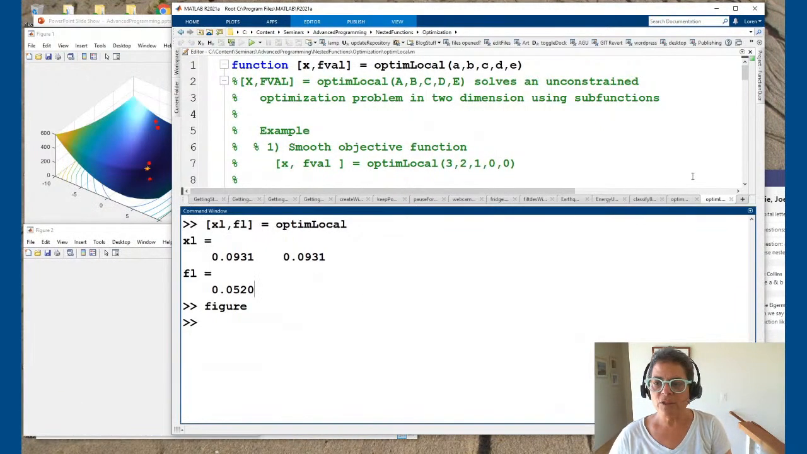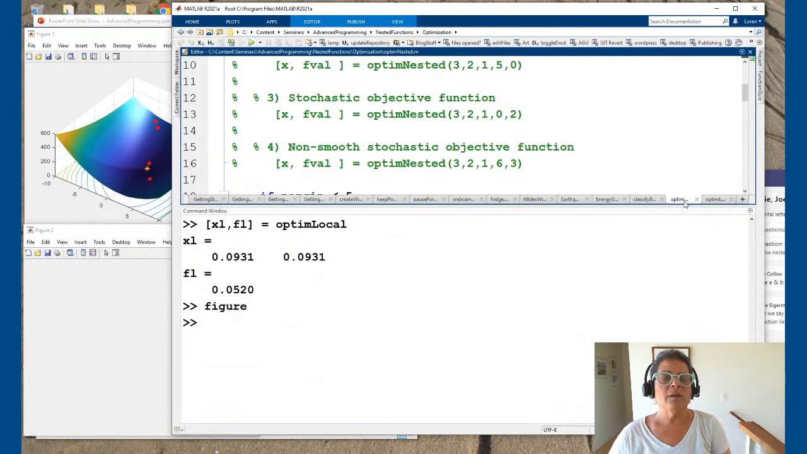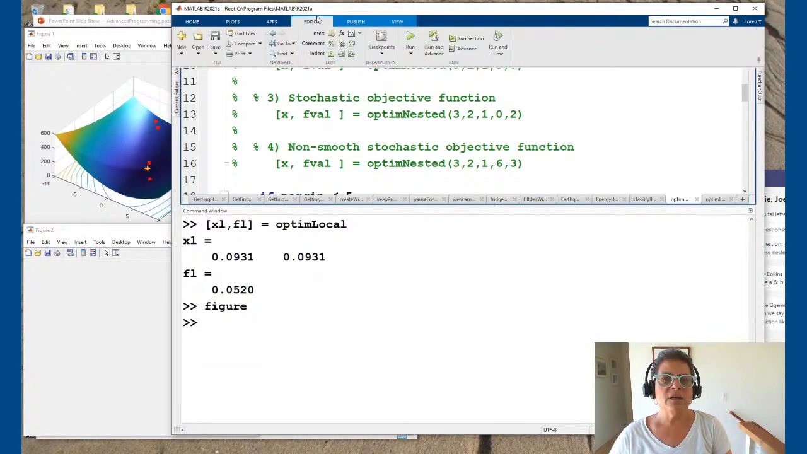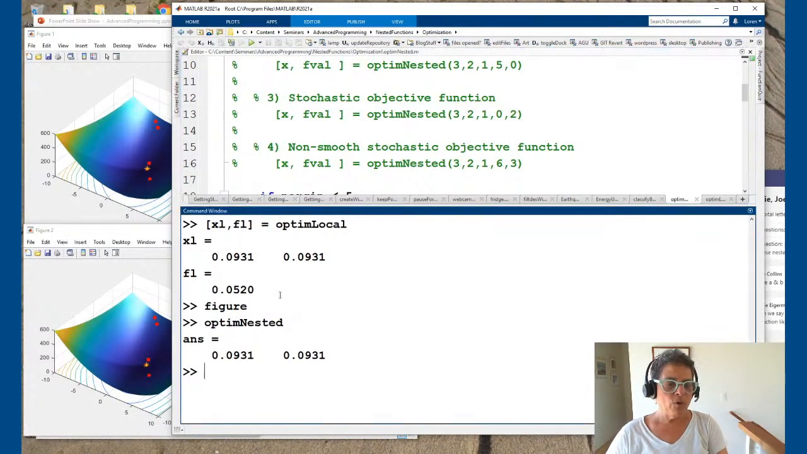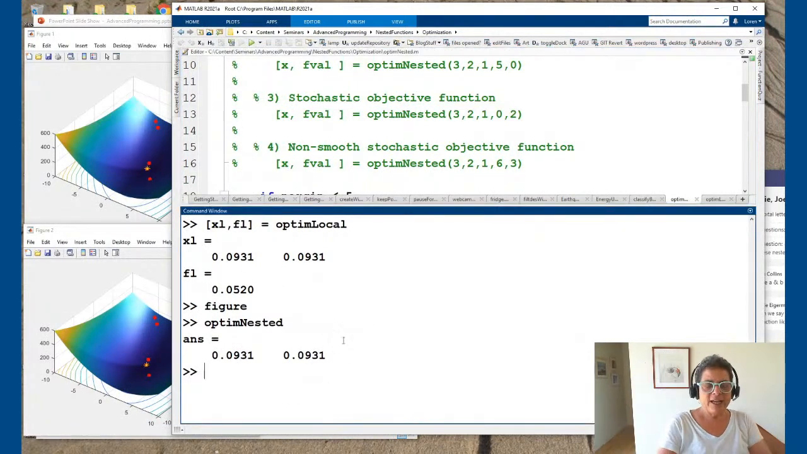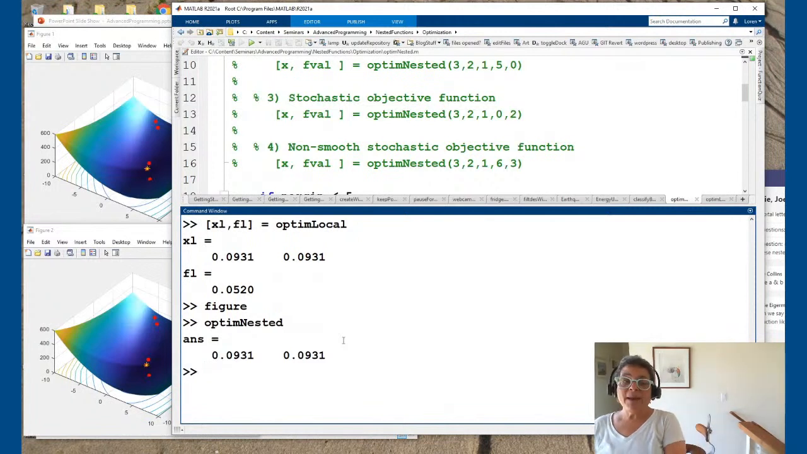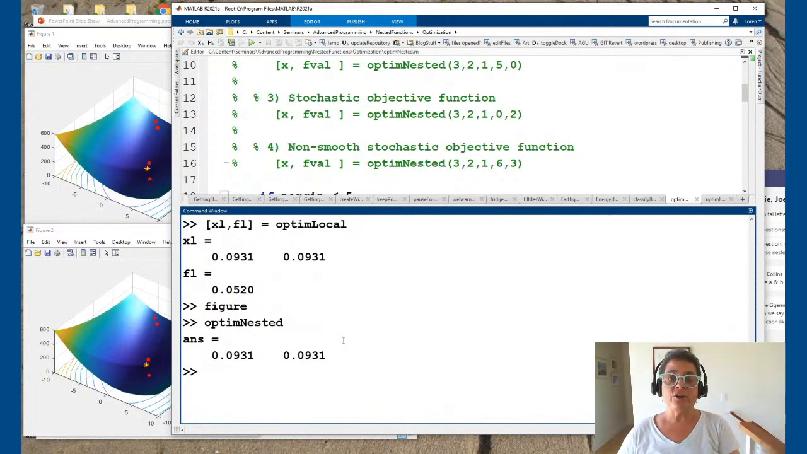And now let me come to optim nested. Then let's just come to the editor and say run. You can see that we get the same answer as we got before. I didn't actually calculate xn and fn, but they're exactly the same. So I didn't change the actual numeric calculation, but I made my function much easier to understand